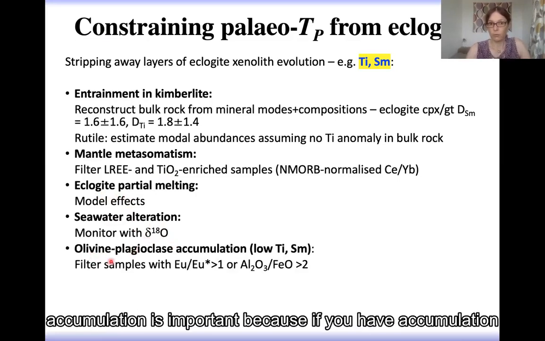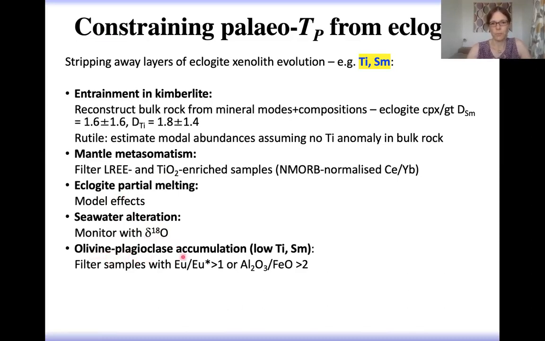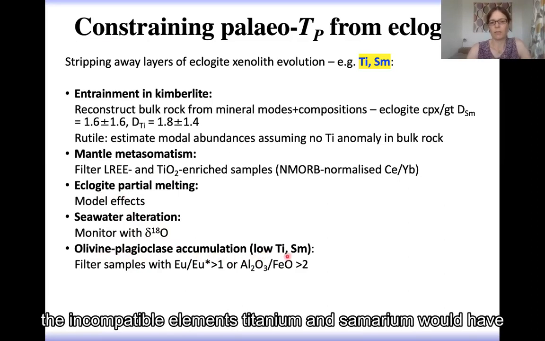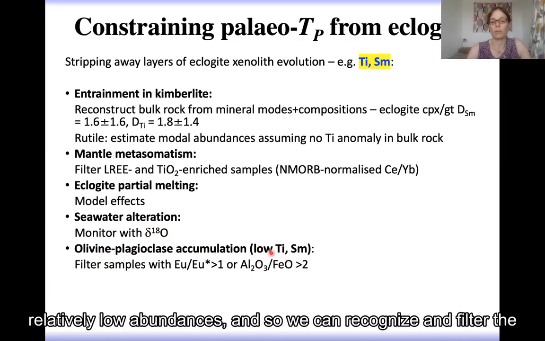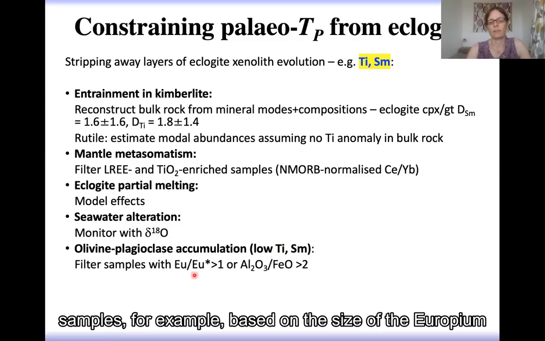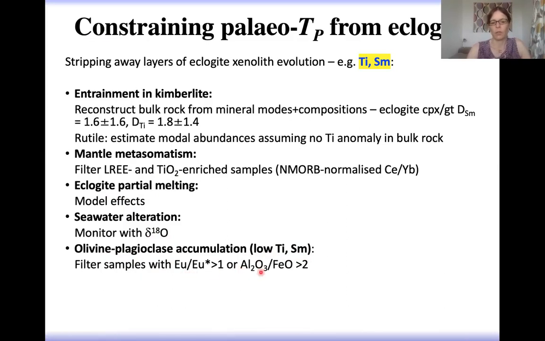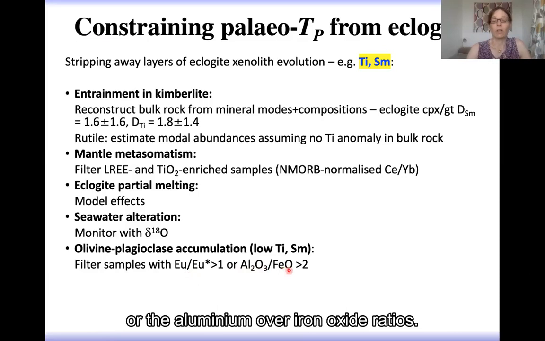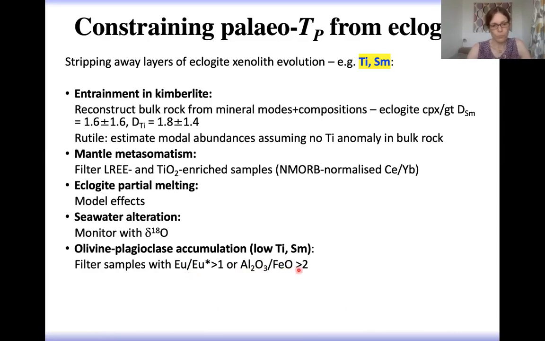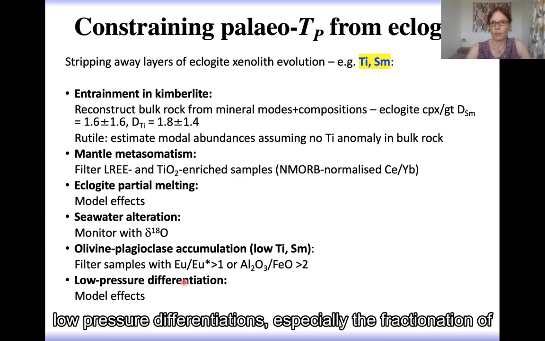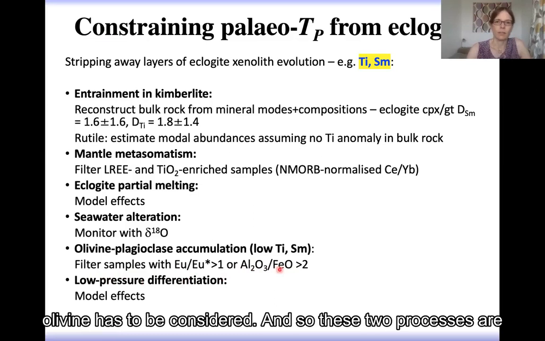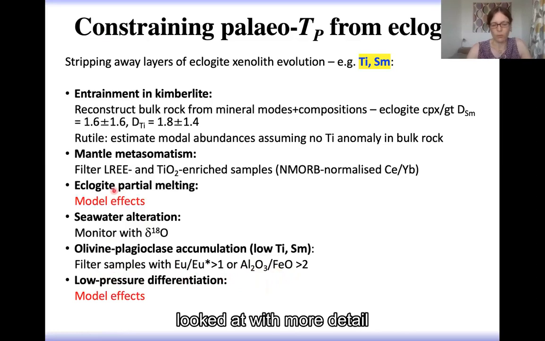Accumulation is important because if you have accumulation of olivine and plagioclase, for example, the incompatible elements titanium and samarium would have relatively low abundances, and so we can recognize and filter the samples based, for example, on the size of the europium anomaly or based on aluminium over iron oxide ratios. And then finally, low pressure differentiation, especially the fractionation of olivine, has to be considered. And so these two processes are now looked at with more detail,